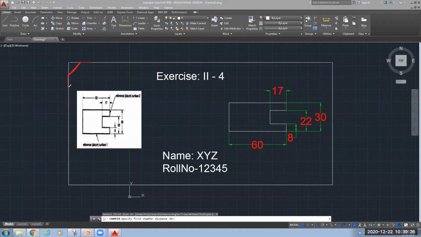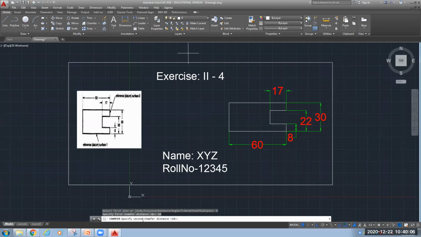So we have to specify the distance, how much from this corner, how much I want to cut, this distance. Similarly, on your horizontal side, it will ask how much distance you want to cut on this side. So this we will specify over here. By default, you can see the first chamfer distance. First means any one, this side or this side. By default, it is showing 0. So let me clear the annotation and I will close it. And then I will specify it as 10, the first distance.